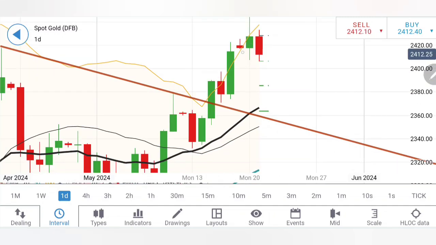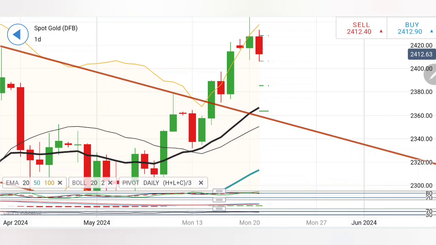Next is too much divergence of the price from the 20 period. Now we have seen on the daily, on the 1 hour, 2 hour, 3 hour, 4 hour time frames, that whenever it diverges, chances for a reversion increase. So the possibility exists that it can show you a sharp dip, and once it drops below the 2397, 2400 zone, we can look forward to 2380 levels, first support level, 2371.5 the next, and then this zone is going to come, which is going to remain a great support.